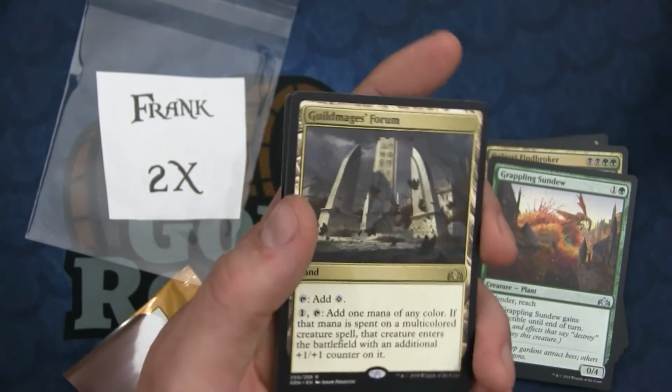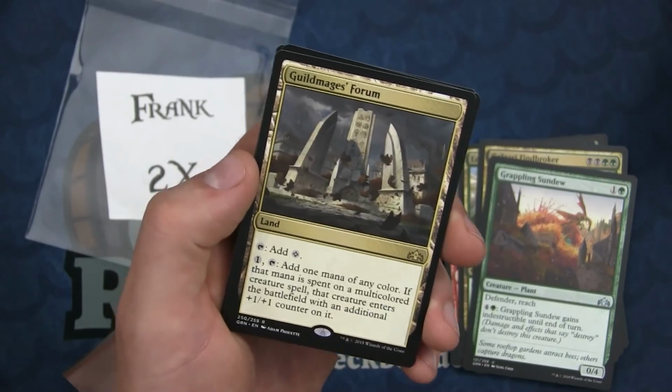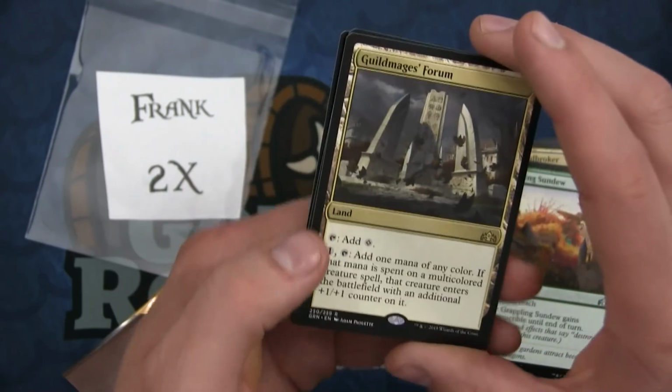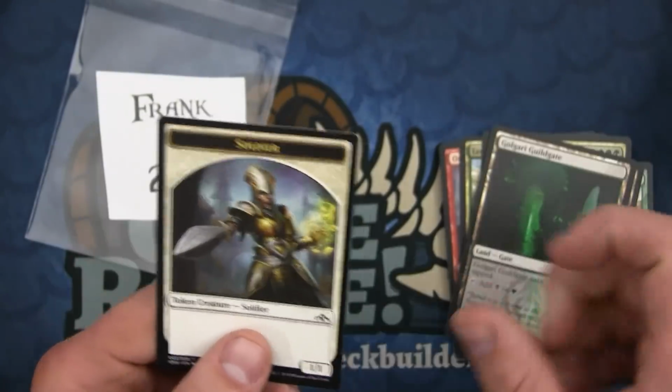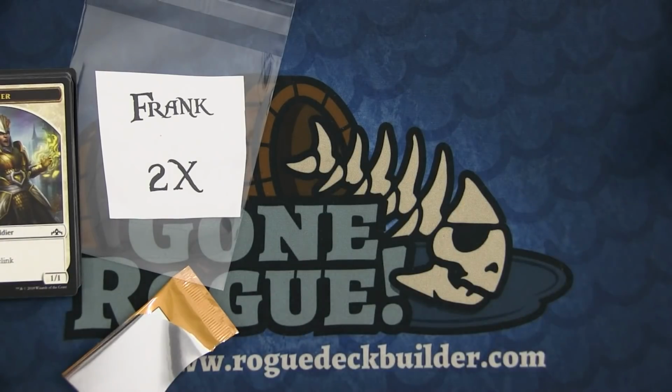I'm sure in the history of Magic, like Animar, I don't know if I like the colorless aspect of it in Animar, but if you need to cast Animar on turn 2, it comes into play with a +1/+1 counter, or a turn late, it comes into play at least with a +1/+1 counter. So the Golgari Guildgate and a Soldier. So there's the first one, Frank. Your second pack is...